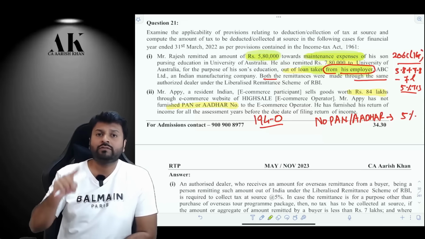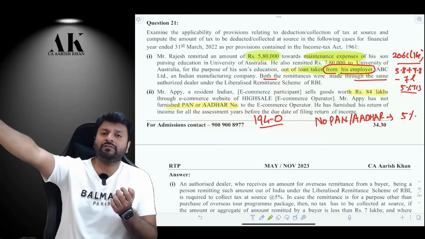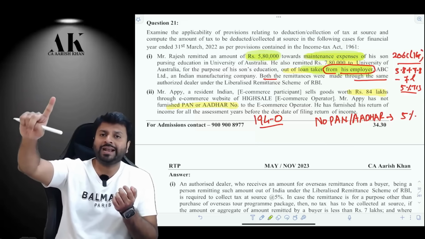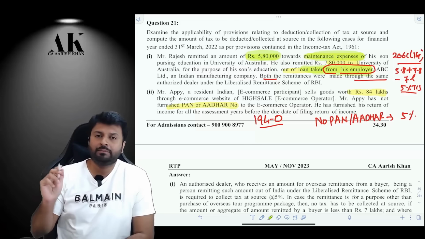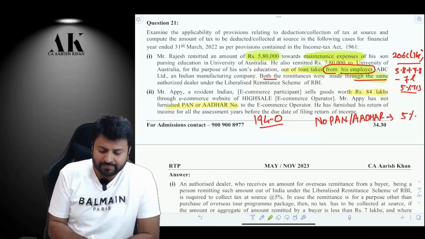He should have taken a loan from a financial institution, because if he takes a loan from a financial institution and then remits outside India for education purpose, in that case he will get the 7 lakh exemption, and he will also get the 0.5% relaxed rate. But here he is not going to get the 0.5% rate. He is doing both things through the same person only. The authorized dealer is the same.